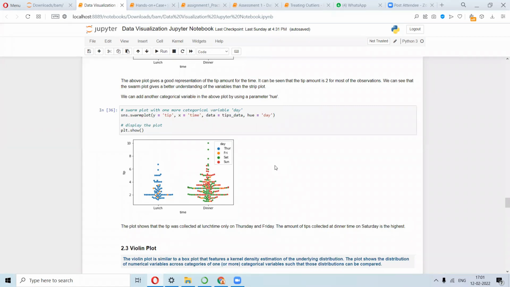But if you really want to predict customer behavior, what are the things that you can actually infer from here? That people visit for dinner outside mostly on Saturday and Sunday, which is true.